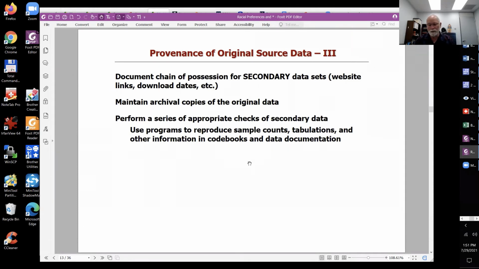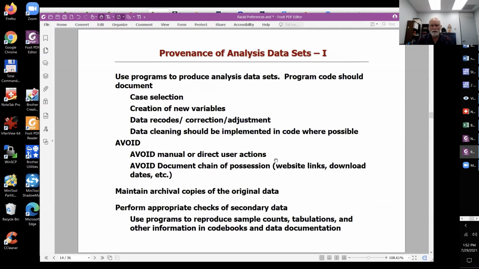So reproducing tabulations and codebook tabulations and technical documentation analyses, those are very important checks that ought to always be done when you're working with secondary data. Now we get to our analysis data sets. And again, you're responsible for establishing the provenance of the data that you're using. And so provenance is basically just the documented history so that somebody could understand where all these data points came from, chase back to the original sources if necessary, to answer any questions they may have about how the data